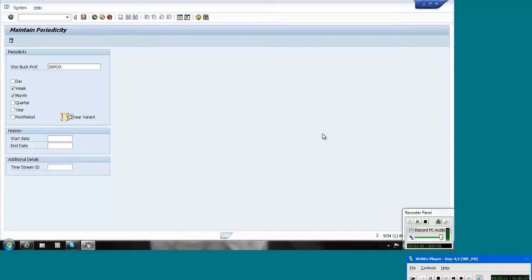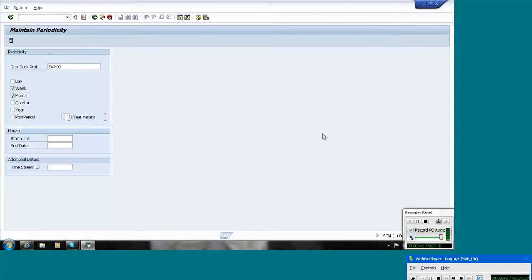Maybe that time if you start from January 1st, maybe January 28th or something, it will come to the second month. Maybe February 17th or 18th it will start the third month. Maybe third month will be over March 25th or something. Like that, based on the 4 weeks and 5 weeks, they will use the calendar. So if we are using that one for the planning, then we need to select this fiscal year variant.